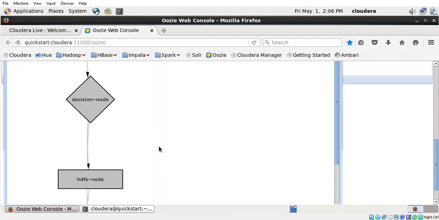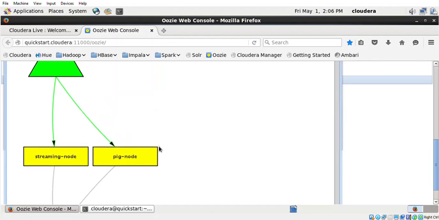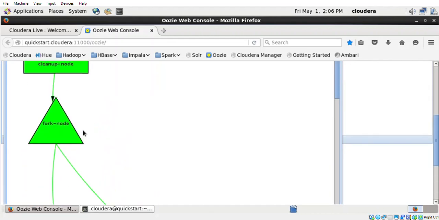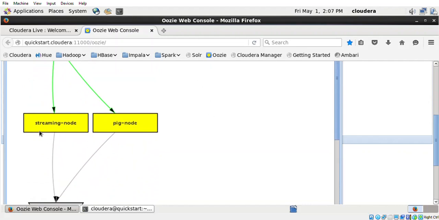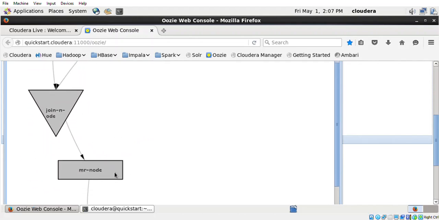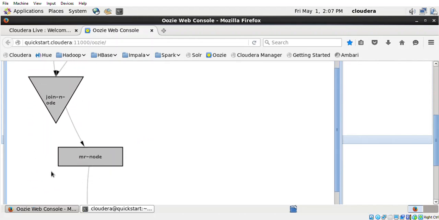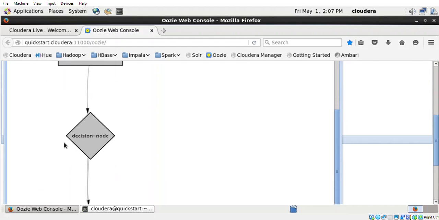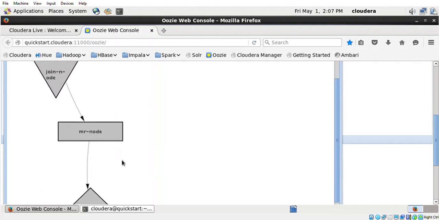At present that particular job is running and still in process, so the color is yellow. The nodes are still not joined, the manager node has not yet started its process, and similarly the decision is not taken, so it is green in color.